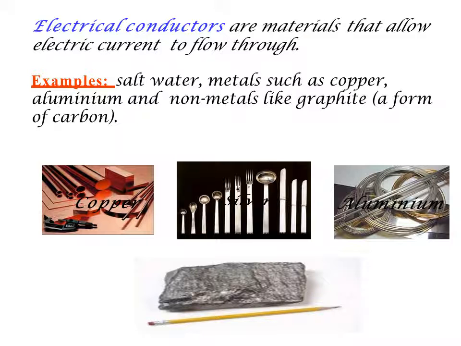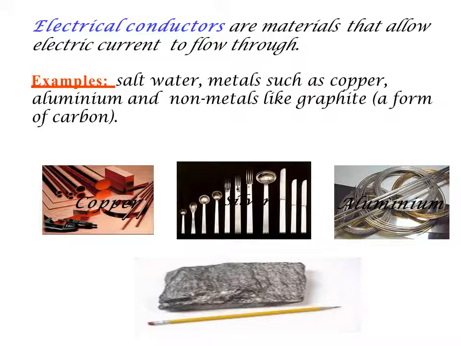Now let's move towards electric conductors. Electric conductors are the same as good conductors. That means those materials which allow electric current to flow through them. For example, metals like copper, aluminium, and even a non-metal like graphite. It is a form of carbon, and graphite is mostly used